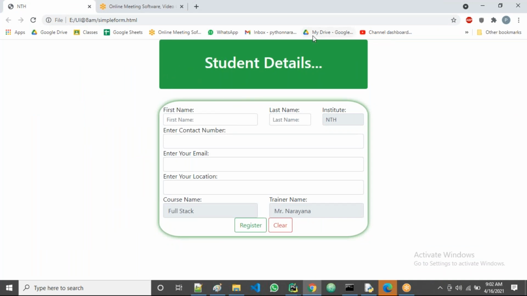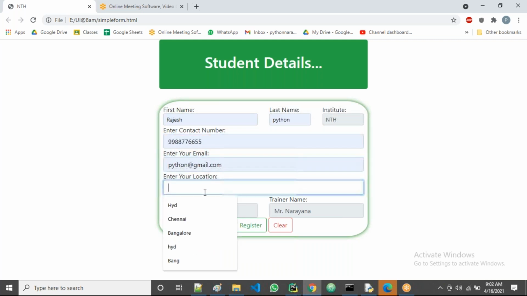Okay, we can add more, guys. The jumbotron, this one, why have we taken it? Just to highlight some area, guys. Highlight the area. We will see multiple types of jumbotron in our coming examples, guys. Right. So fine. So here, see, you can give the data. I can give the first name, some last name, some contact number, some default number, guys. Okay, some email ID, some location. If I click on the register button, then this data should save in the database, and again open the empty form. That logical part we'll discuss when we start Django, guys.